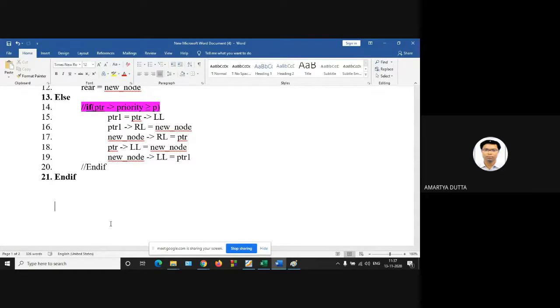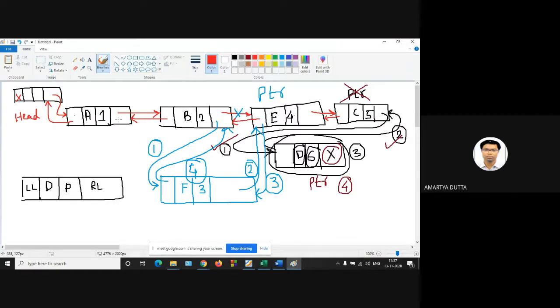If you are using a sorted list, already sorted, say 1, then 2, 4, 5, 6. This is the sorted list. Now you are asked to insert the new node with priority 3. So what will be the complexity?